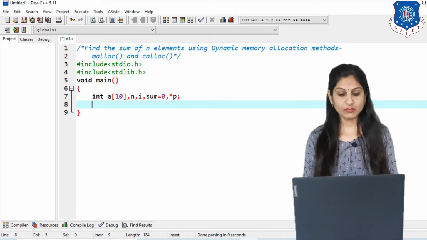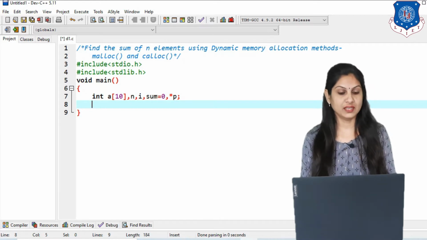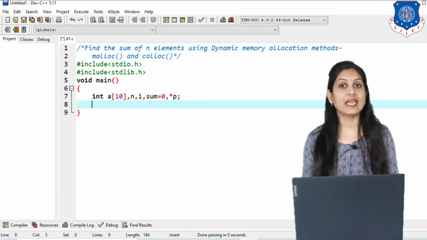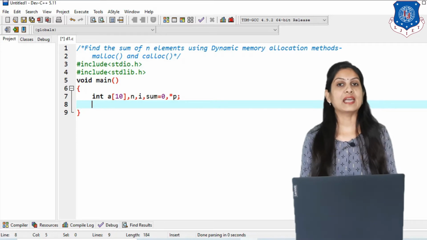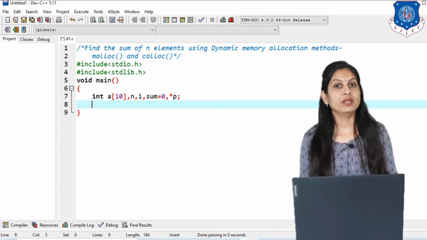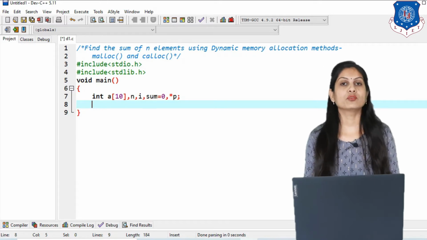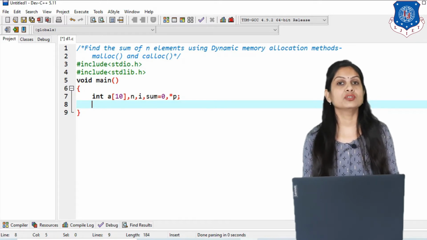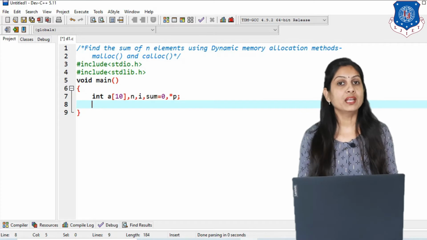Clear? Now after declaring all the variables, the first task is to input the n value. Suppose my n is 5, then 5 into 2, 10 bytes will be allocated. And suppose my n is 3, then 3 into 2 means 6 bytes will be allocated.